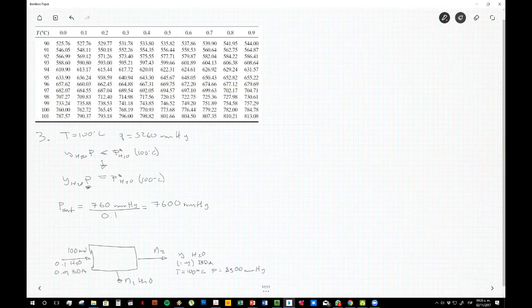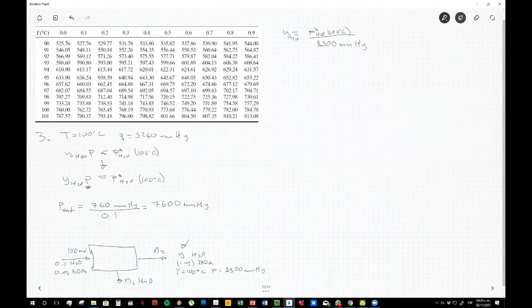Okay, so again, we knew the degrees of freedom of this problem already. It is 1 without taking into consideration the Raoult's law, but as we have the Raoult's law, we have 0 degrees of freedom. And that means that we can solve this problem, right? So the first thing is that we can obtain, again, the molar fraction of water at the outlet, okay? And we do the same equation in this case, so Y of water is equal to the vapor pressure of water at 100 degrees. That hasn't changed because this is an isothermal process, and that divided by the total pressure that we raised to